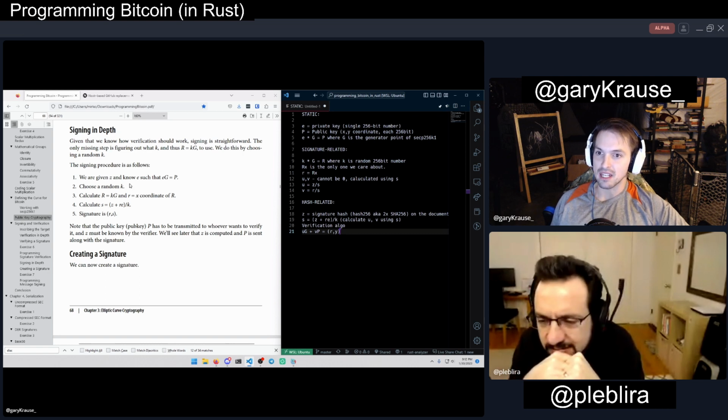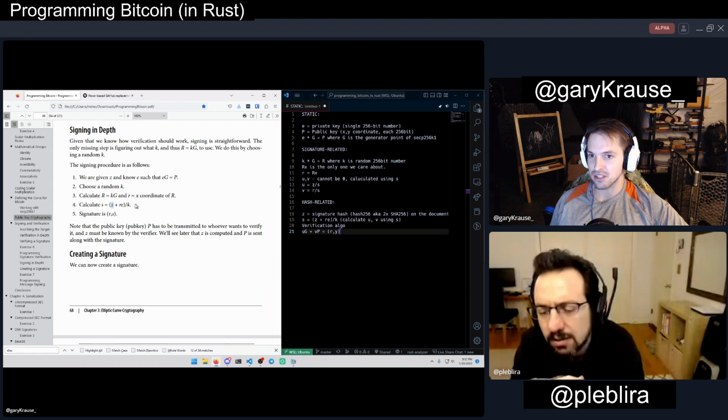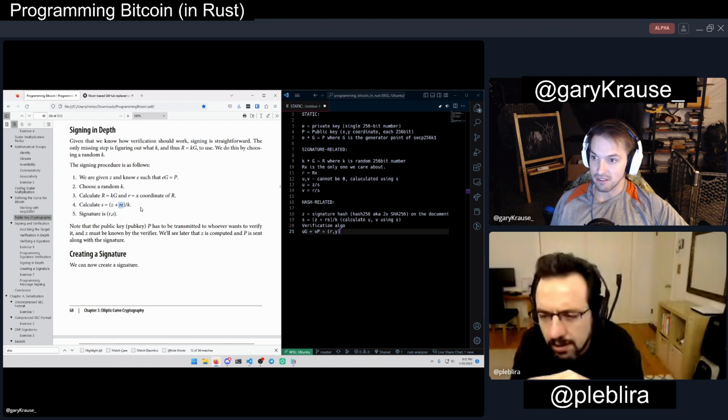And then we can get s, because s is the hash plus the random x coordinate times the private key, divided by that random number that